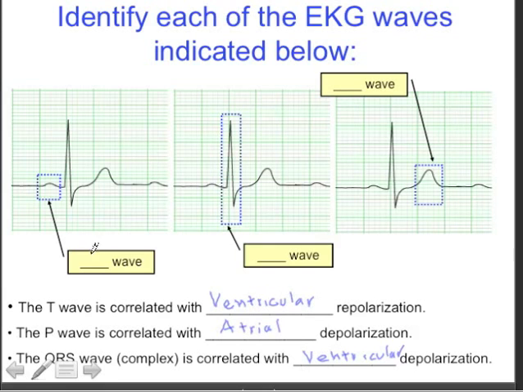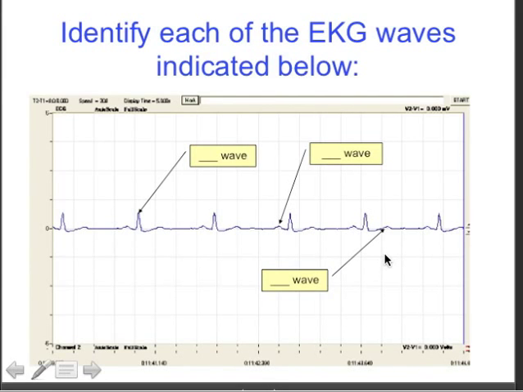What are the different waves here? There's the P wave, there's the QRS, and it of course is our T wave. Okay, our T wave. Good. Identify each of the EKG waves shown below. Well, that's not too bad, right? Let's just fill that in. What's that big sucker right there? Well, that's a QRS wave. This is a P wave, and that of course is a T wave. Notice that the T wave is further away from the QRS complex than the P wave is, and that's characteristic